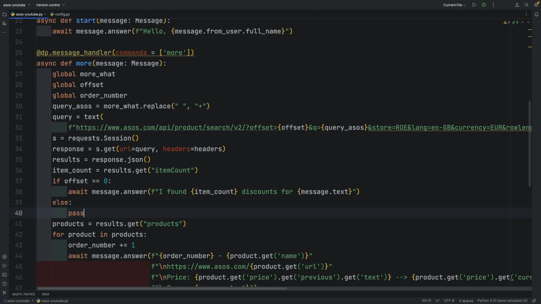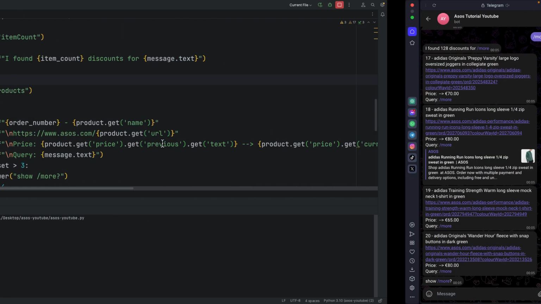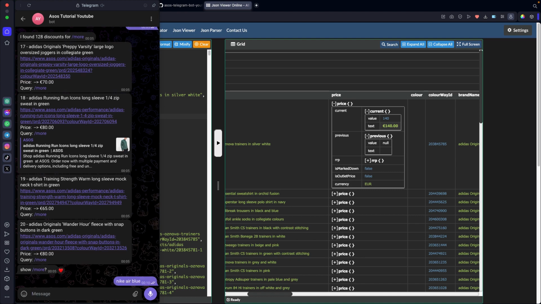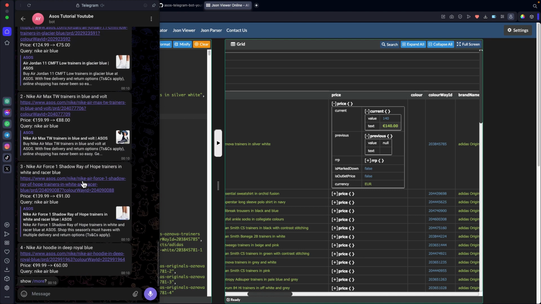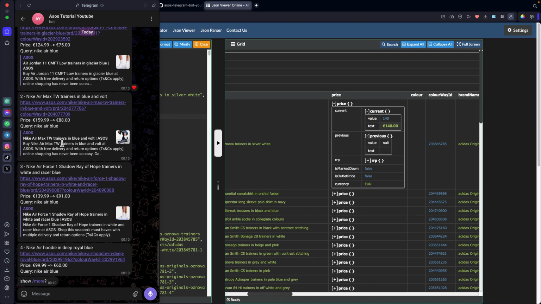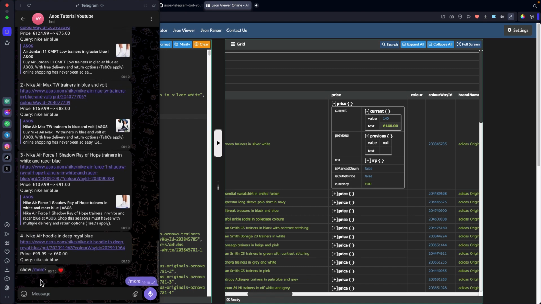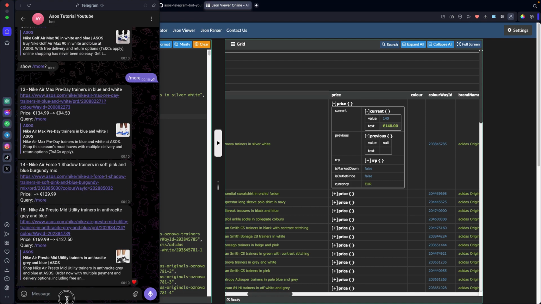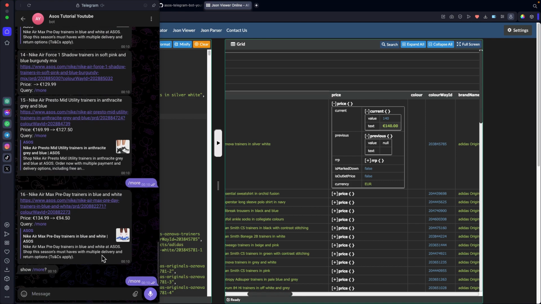That's it. Let's run the code. And search for Nike Air Blue this time. Everything works just the same, but we've avoided repeating the same code in different parts of the program. So, let's open one of the deals and see if we have our size.